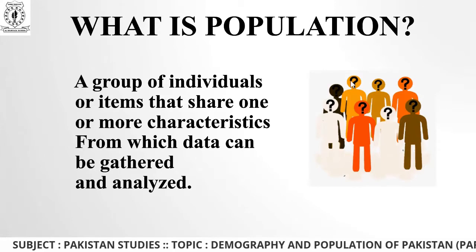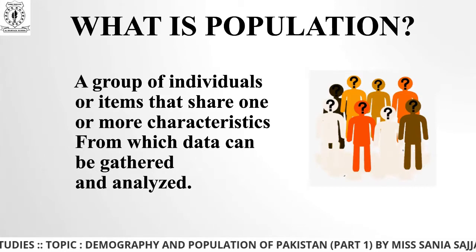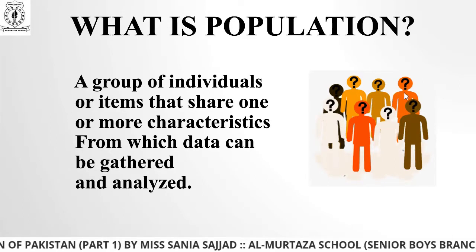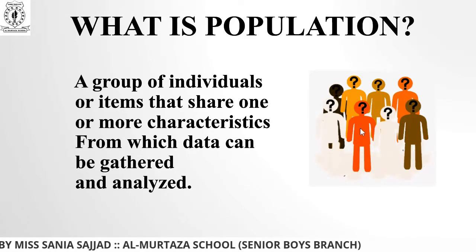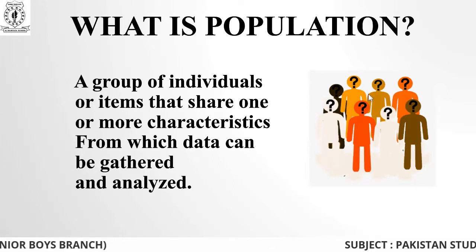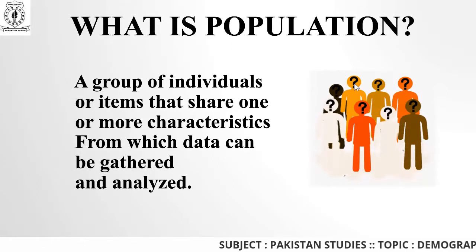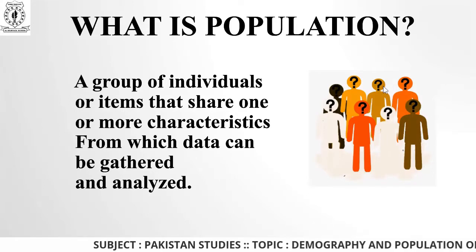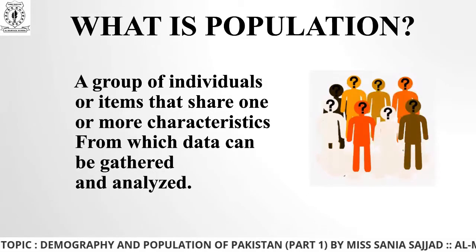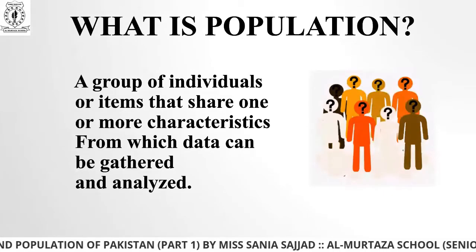You can see there's a picture on the right side. When I want to know about these people, because their names are not listed automatically, I will collect their data and then analyze it: the name of this person is this, the height of this person is this, and the color of this person is this. But for that purpose, I need a record of all these things.